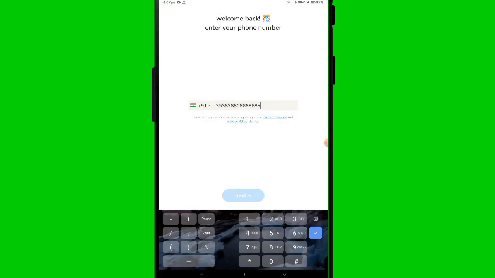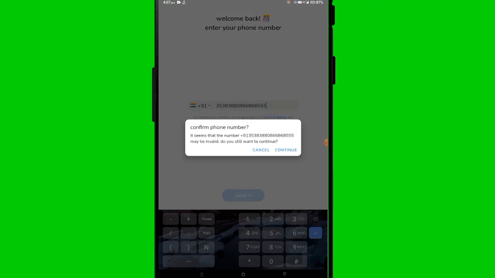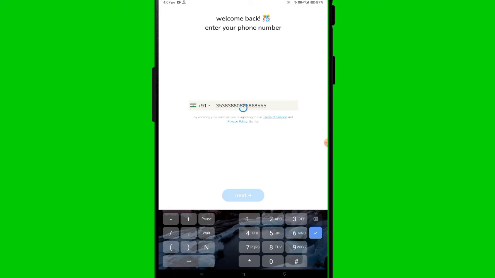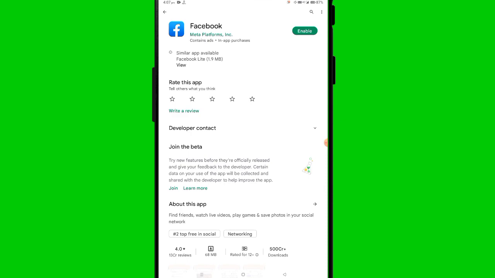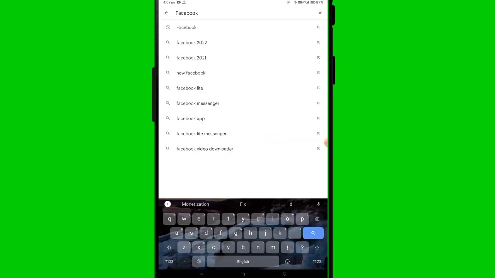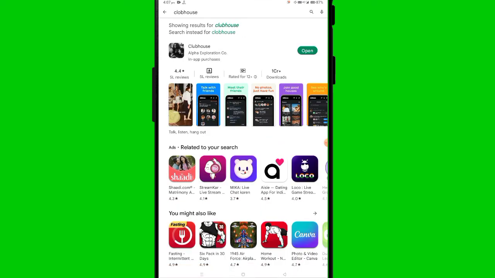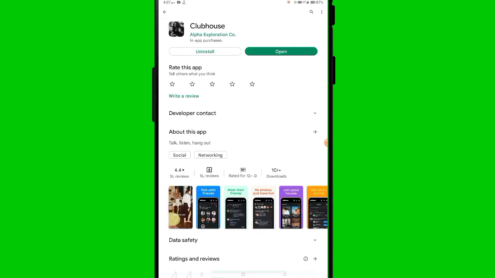But if it is still not working, then you need the second method. Just open your Play Store and search for the Clubhouse application. If you have already installed it, you just need to update your application. If it is showing an update button, update it. If it is not showing update, then you need to click on the uninstall button or uninstall the application, and then install it again from Play Store, and then your problem will be